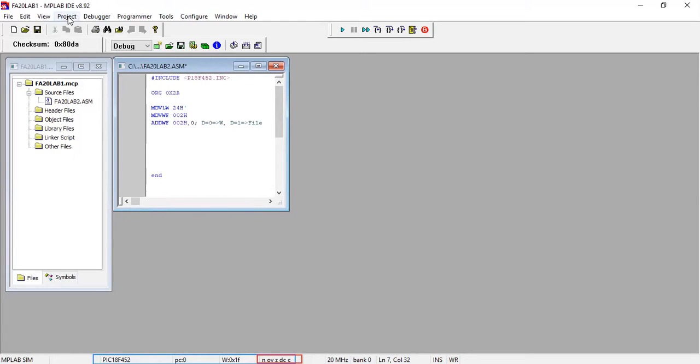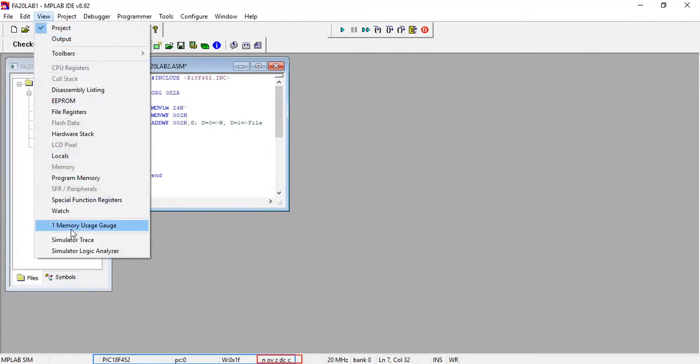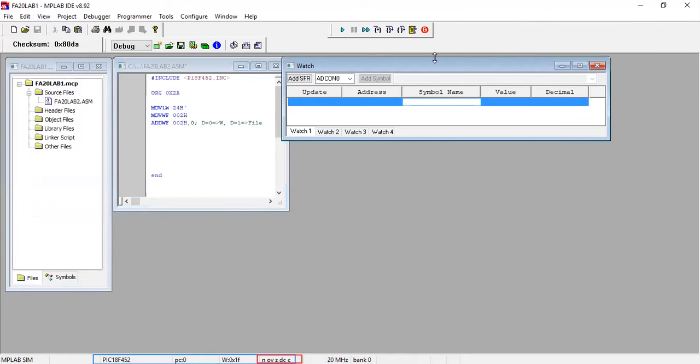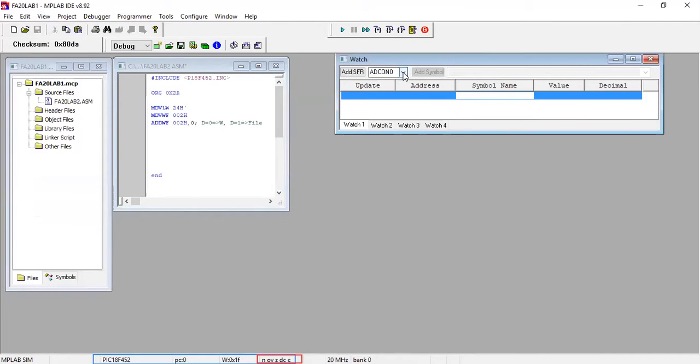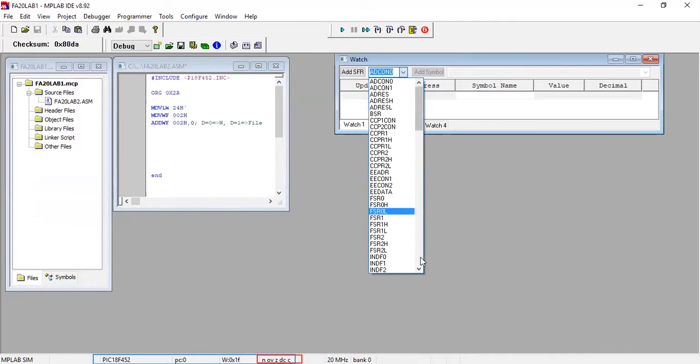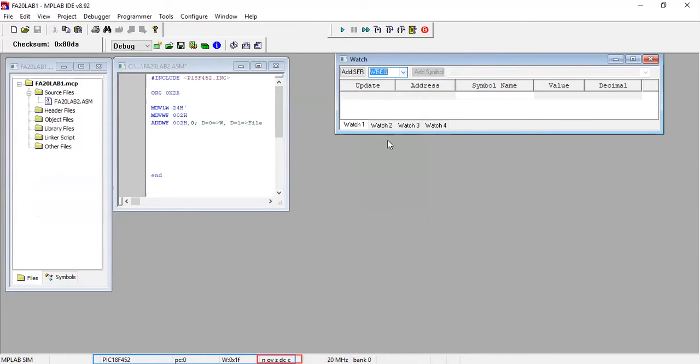What we will do is actually take out our watch. This is our watch, and in the watch we can observe various registers. Let's say we are going to observe the working register. So the working register is here. I will add it. Yes, I can see. Look, I told you I used it earlier, so its value is a dummy value, but we're going to update it once you run this program.